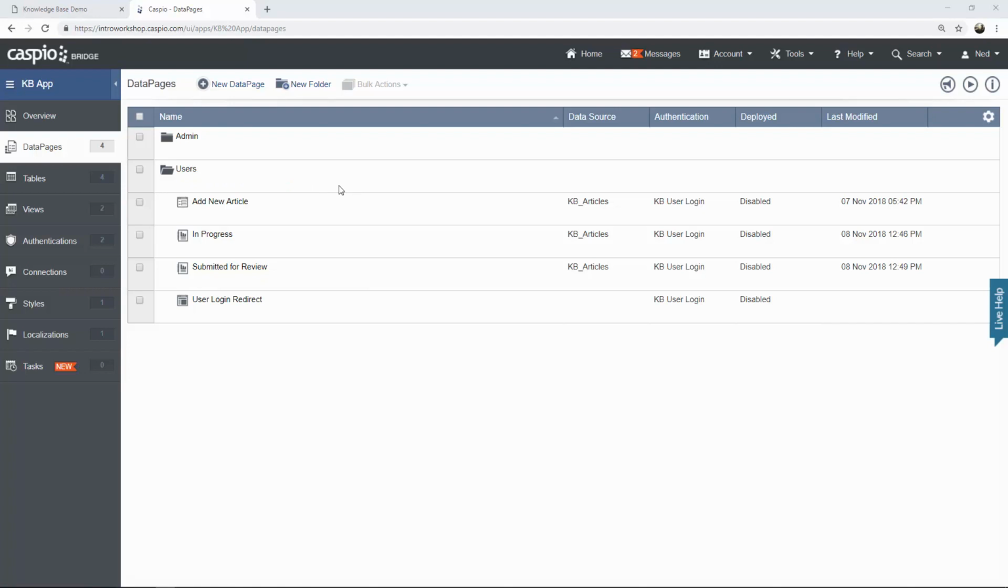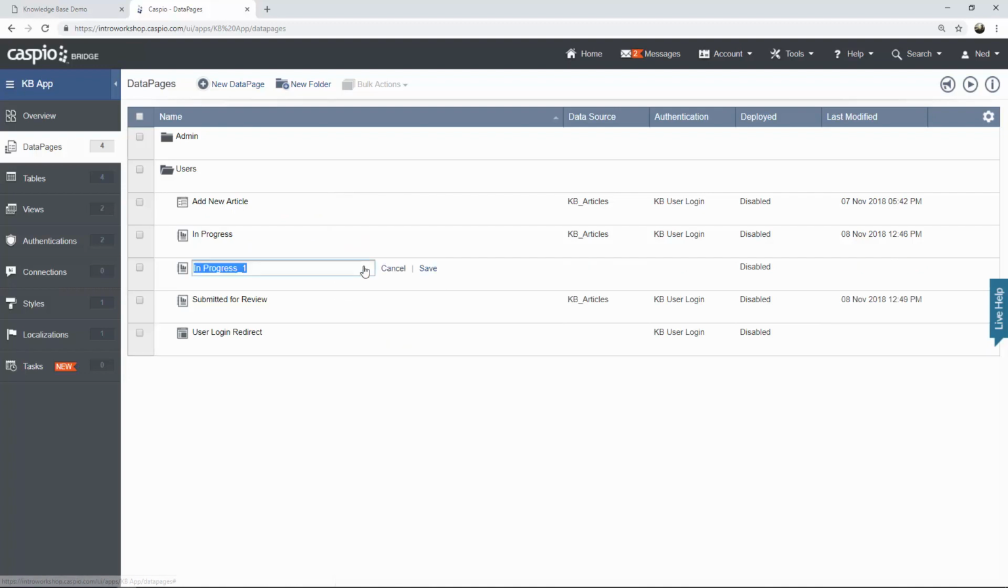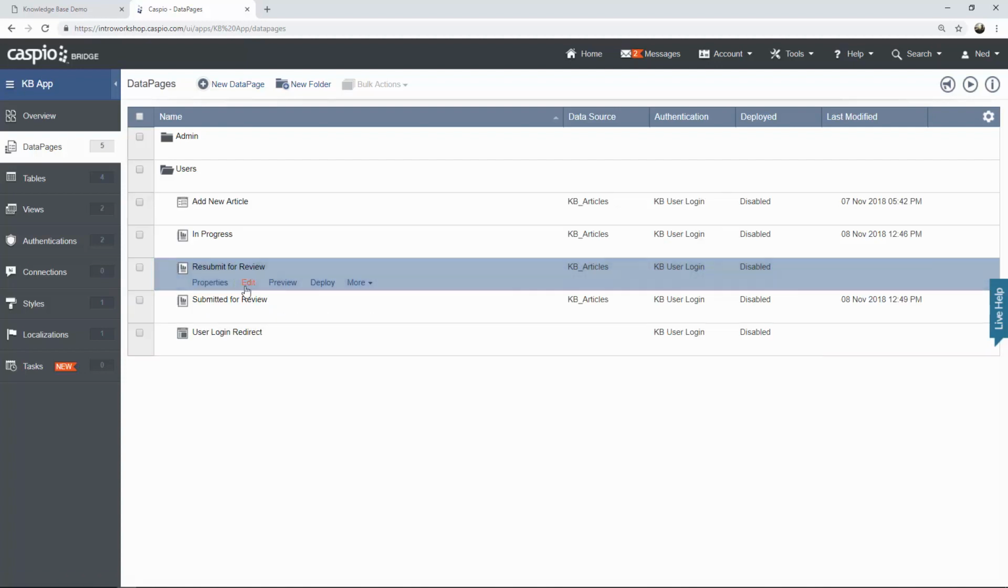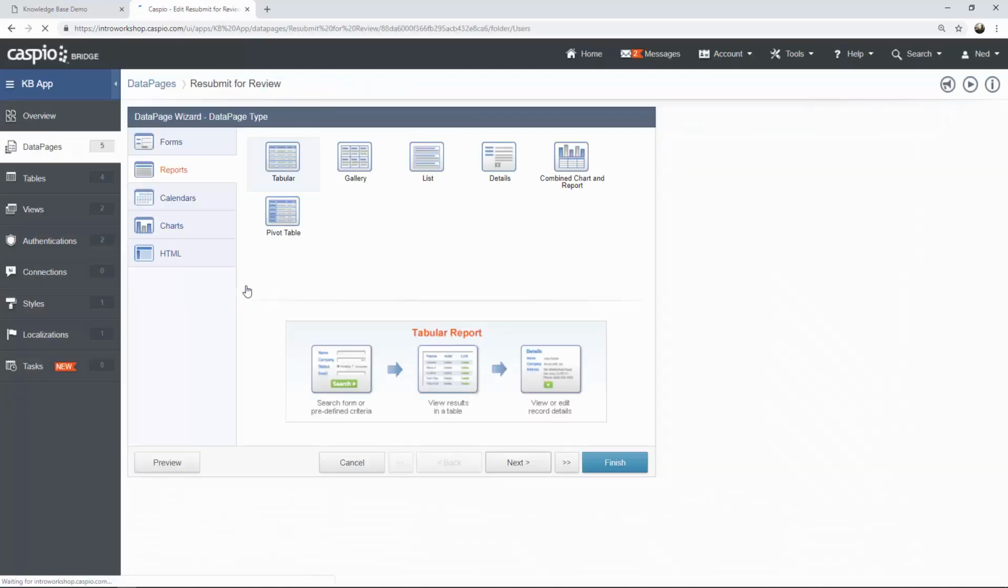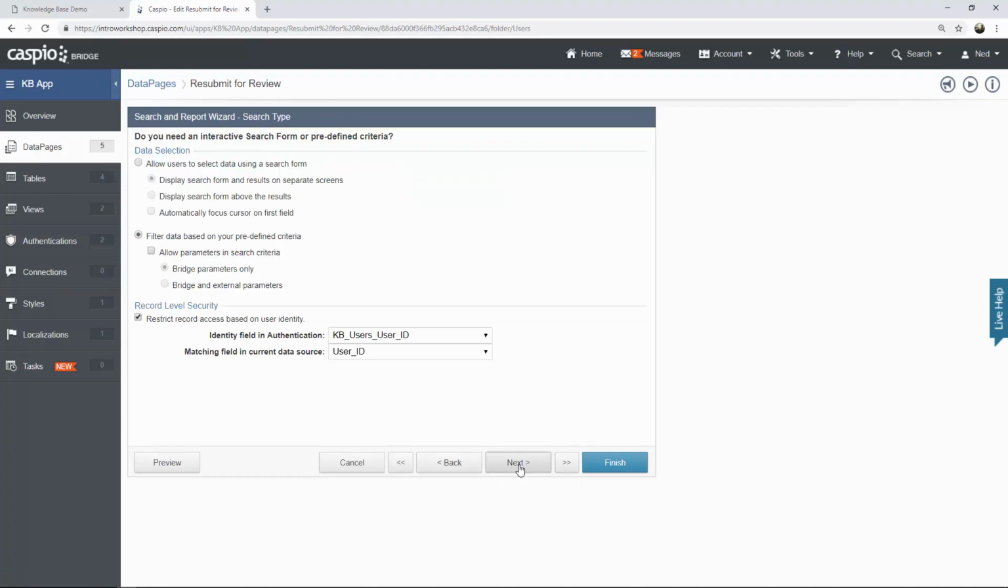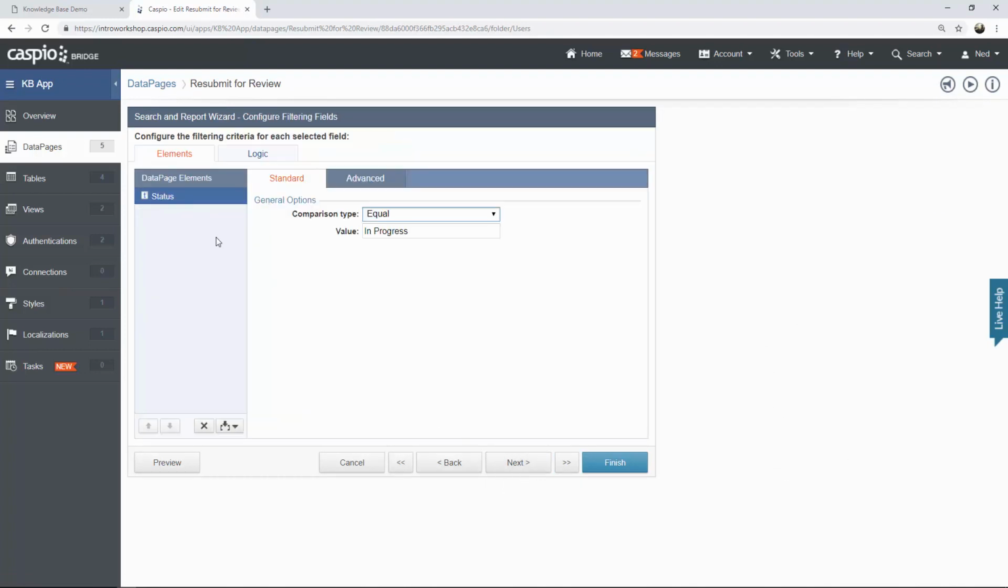Next data page that I'm going to build is the one that's asking the user to resubmit for review. So let's make a copy and let's call it resubmit for review. And let's go ahead and edit. There are a couple of changes that I want to make to this report as well. So let's hit next a few times. First and foremost is the status, so let's change that to resubmit for review,